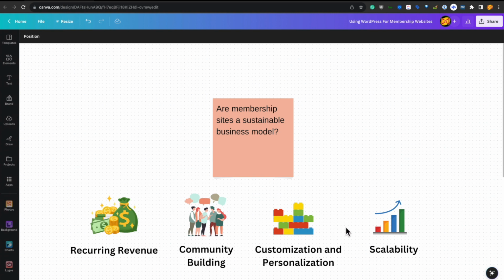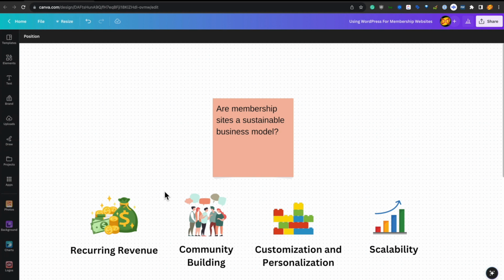And that brings us to the last part when it comes to scalability. Speaking of growth, what's great about membership websites is you can grow in a lot of business opportunities, revenue, etc., without having to increase your costs. And that's where membership sites really shine when it comes to retaining your users and members. This is really good for the sustainability of a membership website because it helps you see visually that just with these 4 points,